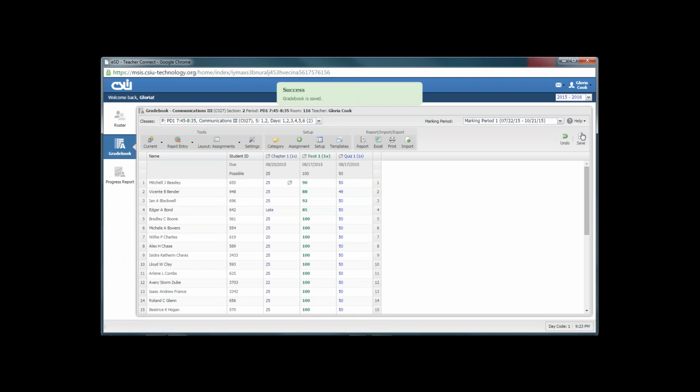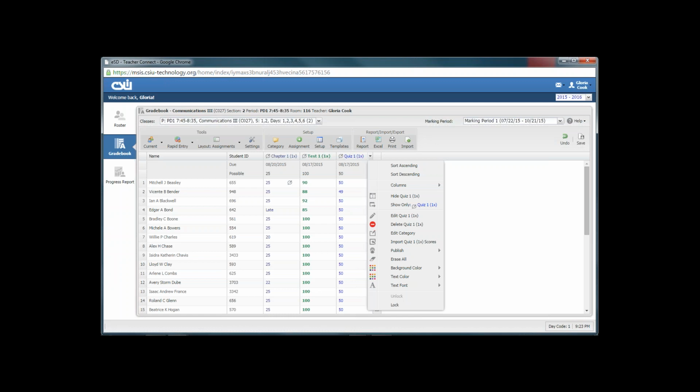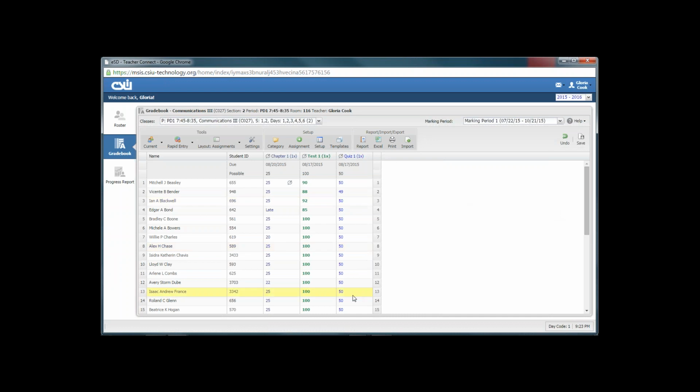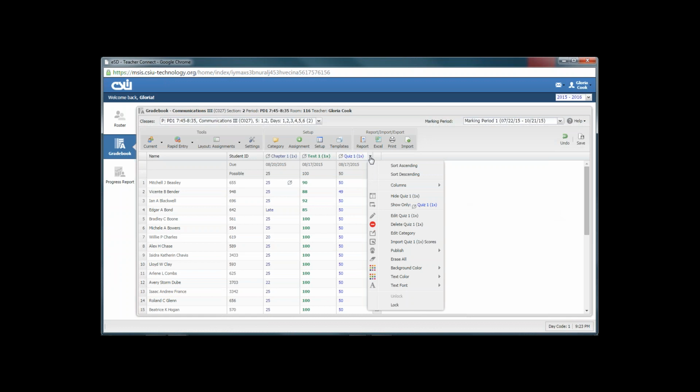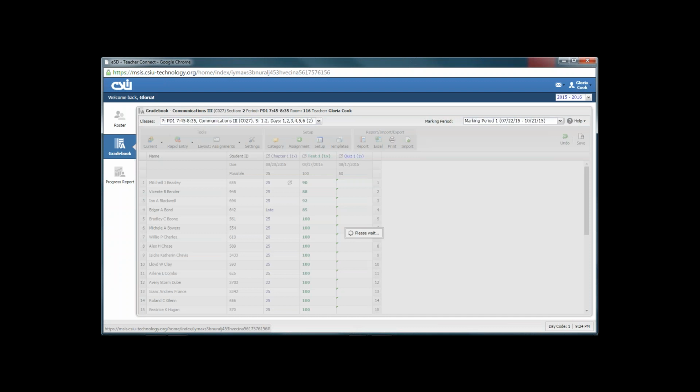Although, I'm sorry, let me back up a second because I do want to show you the Undo button. Oh, and this is another great opportunity to show you how we can erase grades. So I've entered in grades. If I want to erase all the grades I've entered, notice when I use my drop down, I can come down and use the option to erase all grades. I have other options as well, so I don't have to necessarily edit the assignment to add color or text, but I'm going to go ahead and erase all grades because I want to show you how the Undo button